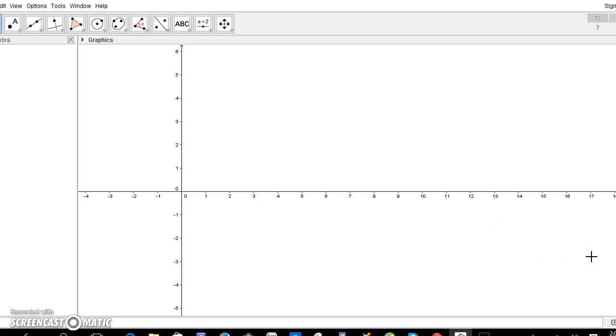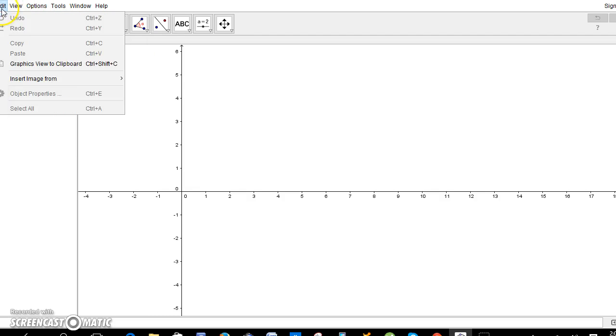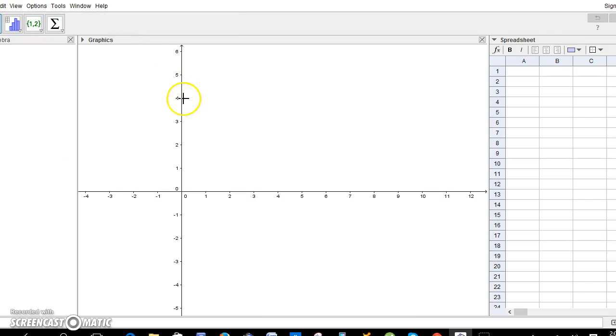So guys, let's see if we can use GeoGebra to make a histogram from grouped data. Do the same as before. What we're going to do is go to View, open the spreadsheet. In the spreadsheet, we need to put some information. Now, the example that you have is from 3 to 4, so you could put 3 to 4